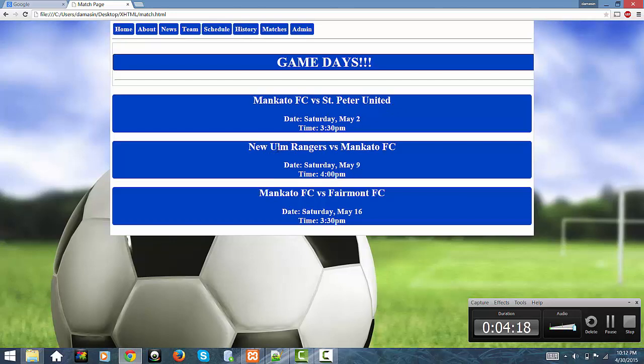on May 2nd at 3:30 p.m. The next match is scheduled to be against New Ulm Rangers, and it's on May 9th at 4 p.m. And the third game is actually Mankato FC versus Fairmont FC, scheduled on May 16th, time 3:30 p.m. So this actually has upcoming games, and